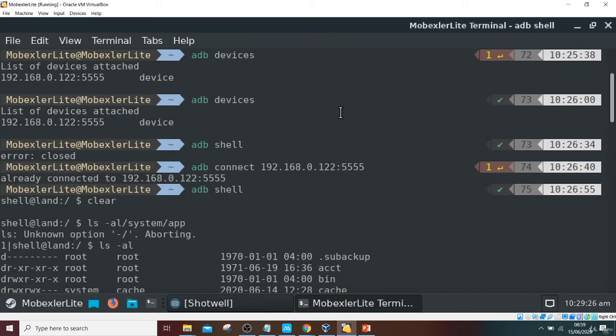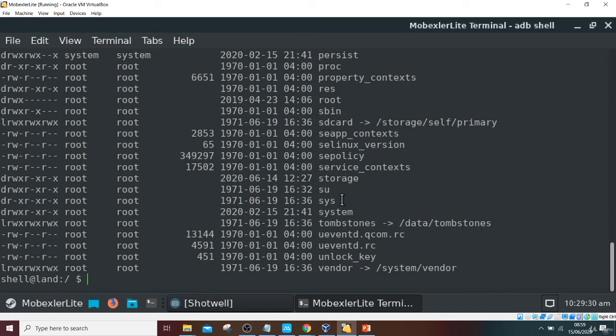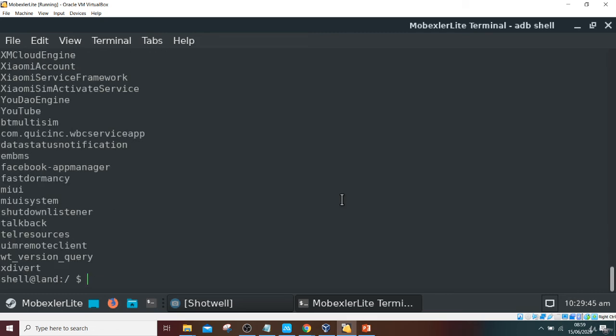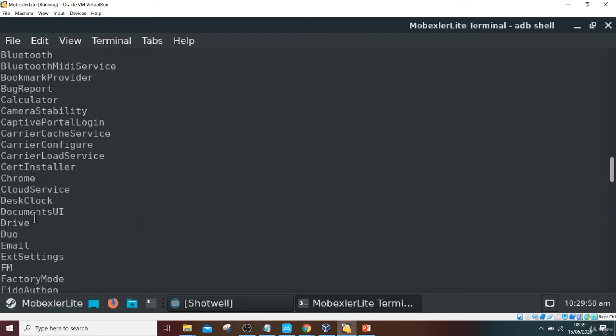Now if you want to find system apps, first clear so that we can have a big screen, then write ls /system/app. See, these are all apps installed by default from the system.